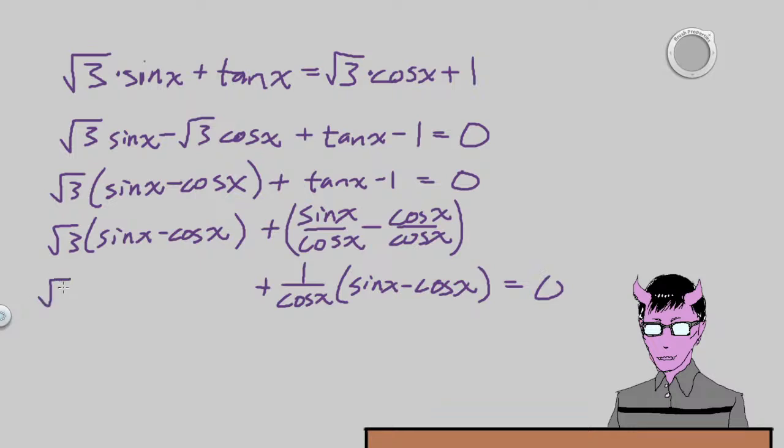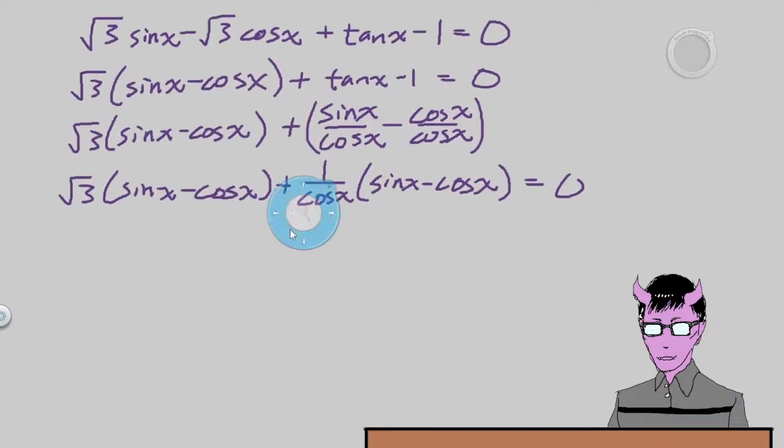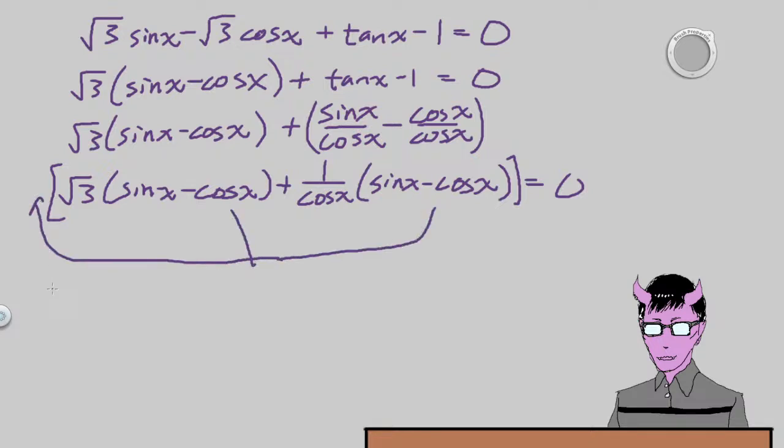Copy paste. Again, factoring by grouping. We have a factor of sine of x minus cosine of x, a factor of sine x minus cosine x. So if you slap on the old brackets, we can factor out the parenthetical from those two terms to the outside,